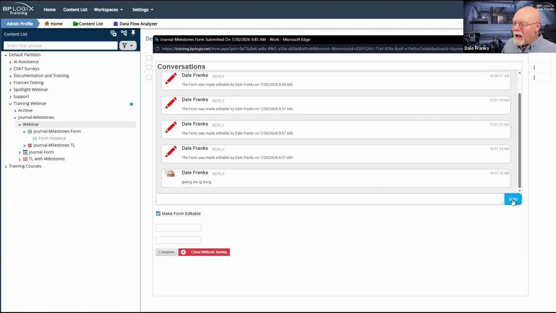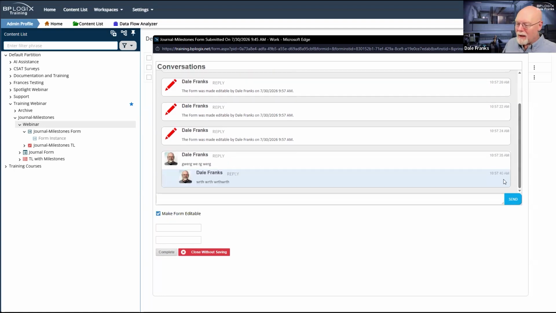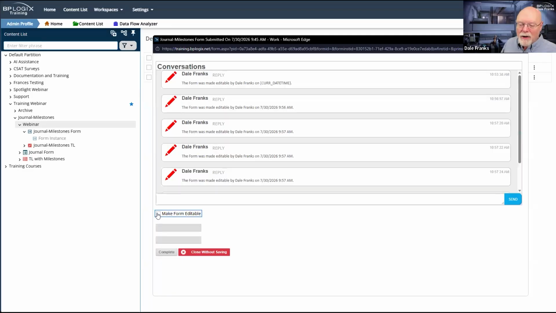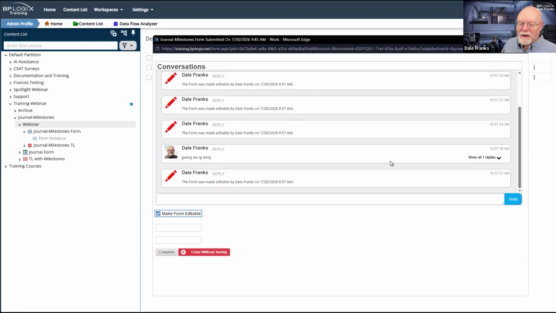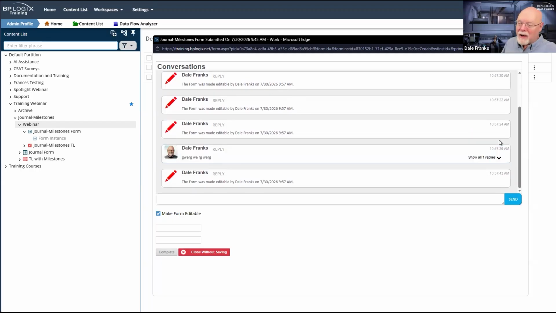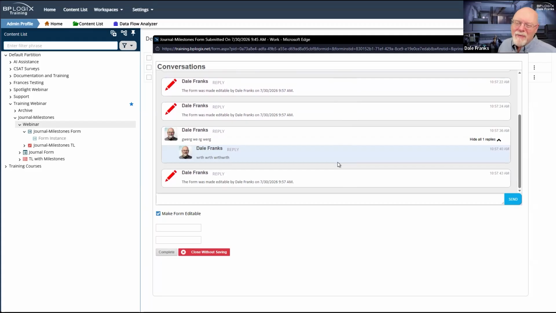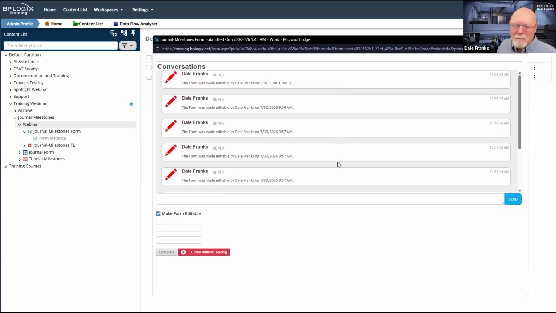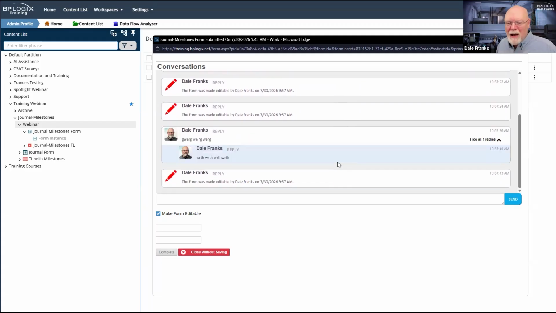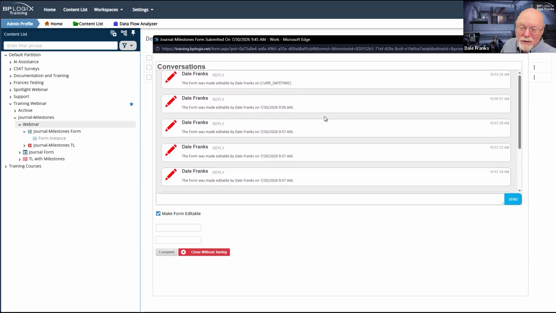Now, as you can see, depending on how many milestone messages there are, it might get a little confusing if I allow both threaded comments and milestones, because now I've got a whole bunch of different things. Oh, another thing, collapsible threaded conversations. I forgot to mention that earlier. Yes, you can expand and collapse your threaded conversations. But this is going to get to be a busy control if I'm having both conversations and displaying milestones here.